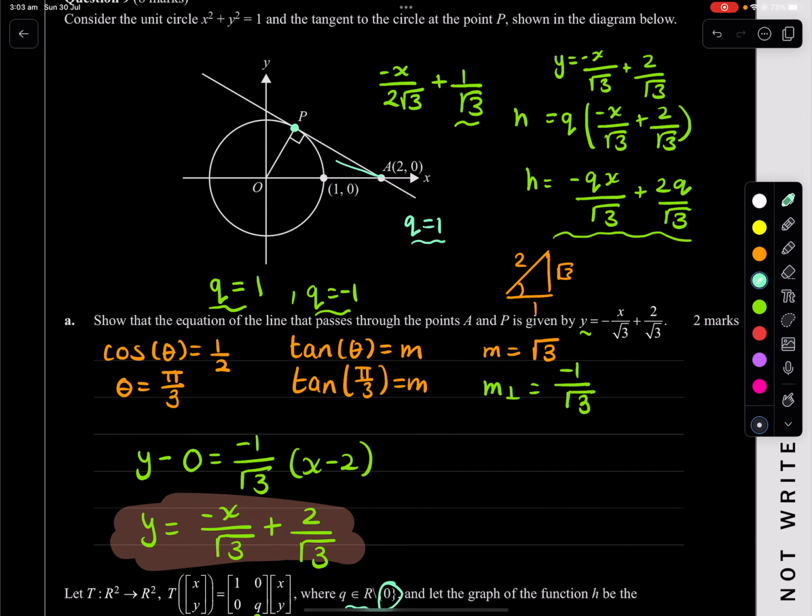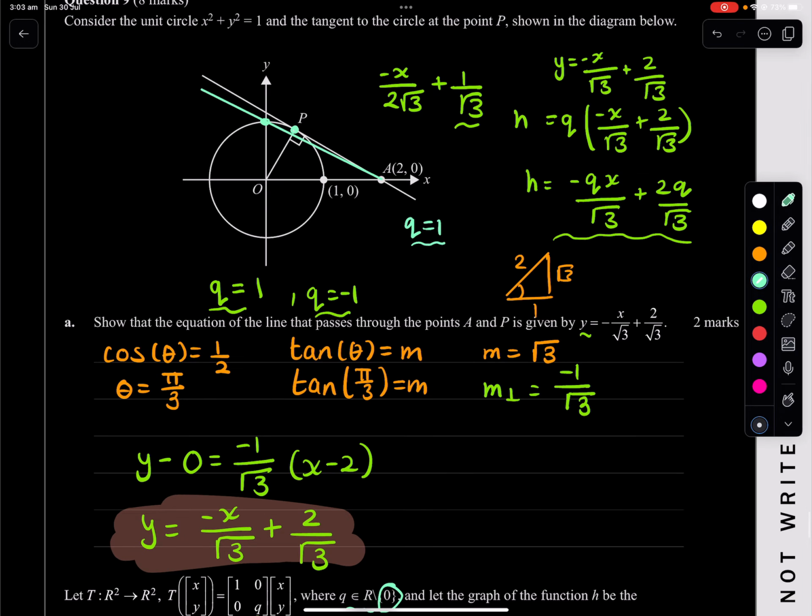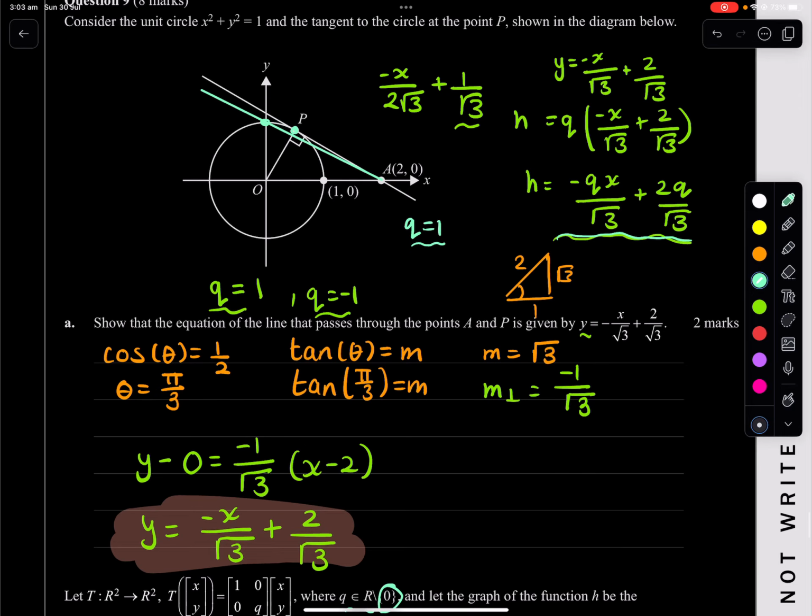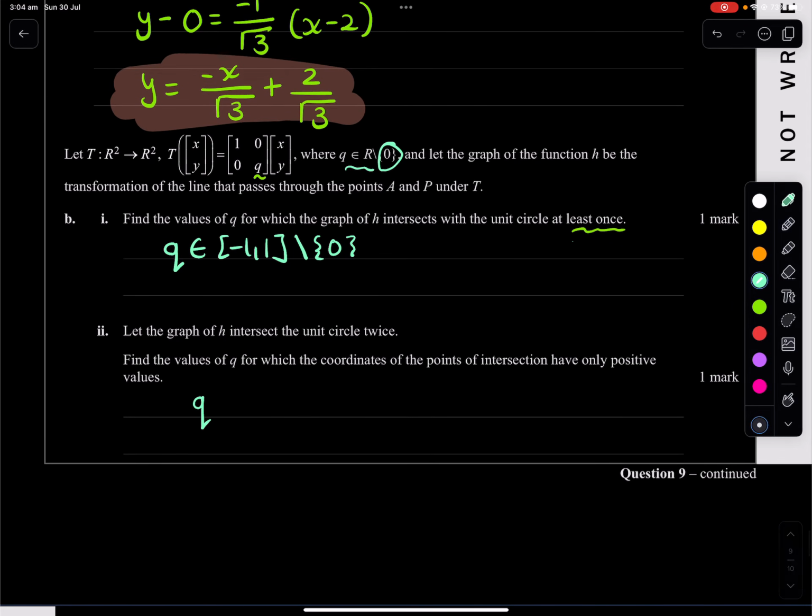And we want to find where the gradient is, pretty much where the y-intercept is equal to 1. I know h of x is over here. So the y-intercept, 2q root 3, we want it to equal 1. So 2q root 3 equals 1, and q is equal to root 3 over 2. It's including it, because at that point we do still get 2 intersections. So we can say q is an element of